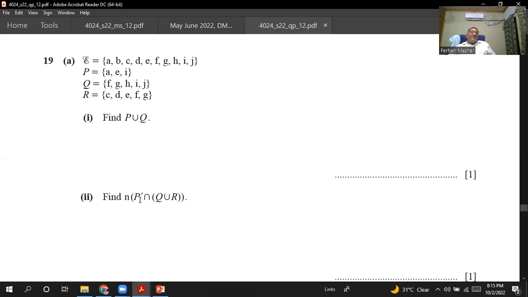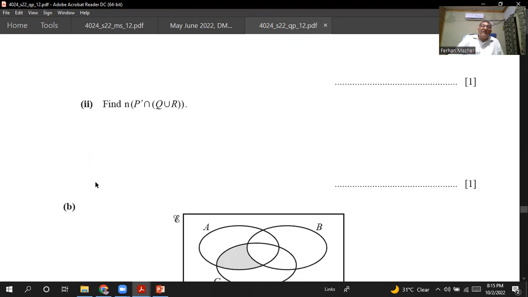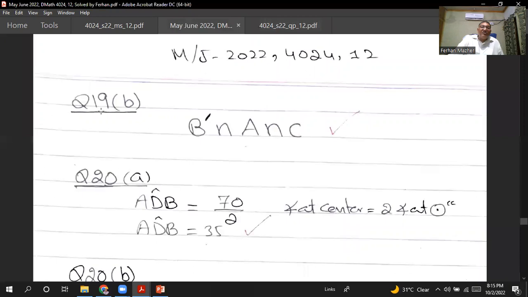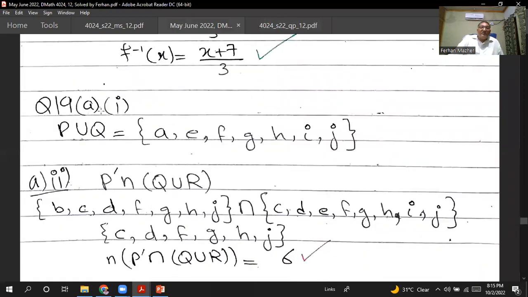And the complement of the P intersection Q union R. Okay. So I will first of all find these, and the small n means how many members are there. So let me first of all do this. First of all, I will find the